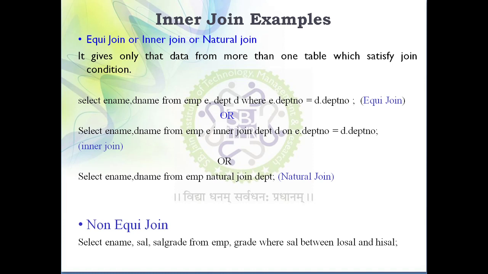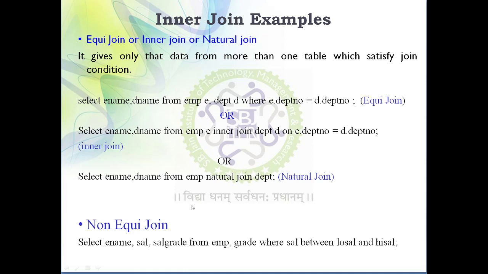And before that I already told you that in order to perform a join operation you require a common attribute. But between the sal grade table and the employee table there is no common attribute. So this is the only type of join which does not require a common attribute, while all other types of join make use of a common attribute. You need to remember non-equijoin is the only type of join which does not require a common attribute to compare. Okay, so how can you write an answer for that problem?